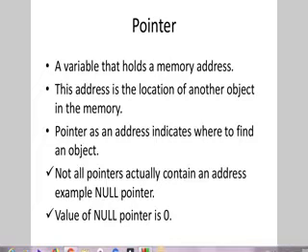Whenever we declare a variable, the variable declaration specifically means that through the variable declaration we allocate a specific memory for that variable, and in the memory there are different addresses.